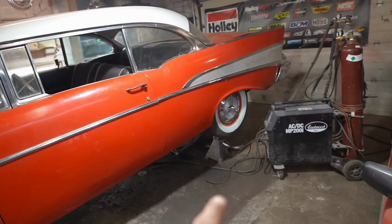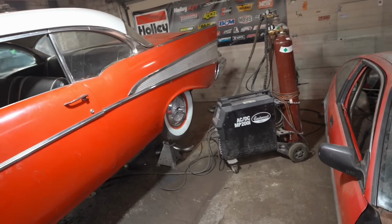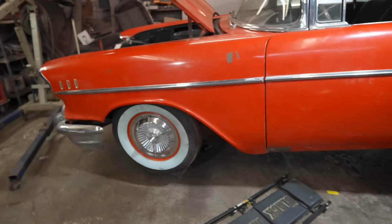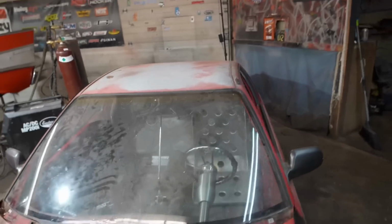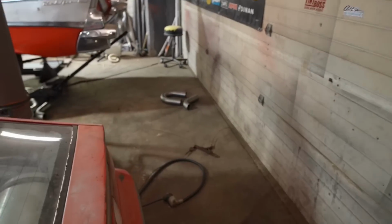We have the gas tank put in, brand new tank, but it still needs a bunch of stuff ran from it. I need brand new fuel lines, brand new fuel hose, all that still needs installed. So I think if we get all that done tomorrow, we should be able to put her on the ground and fire it up. Dad threw the tank in the other day, and I actually thought he did it backwards